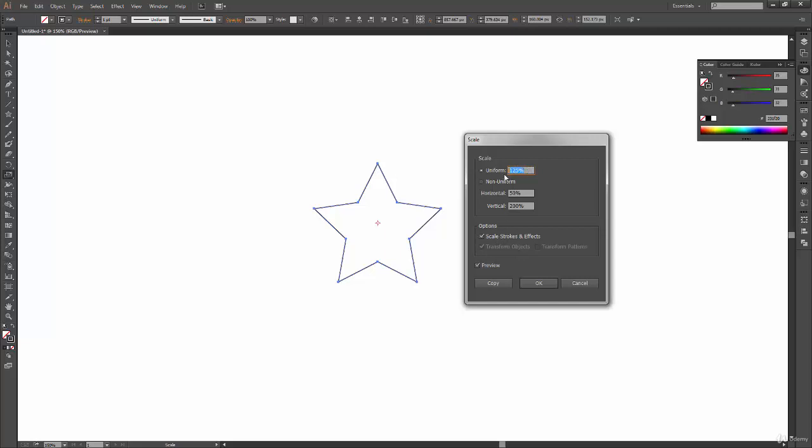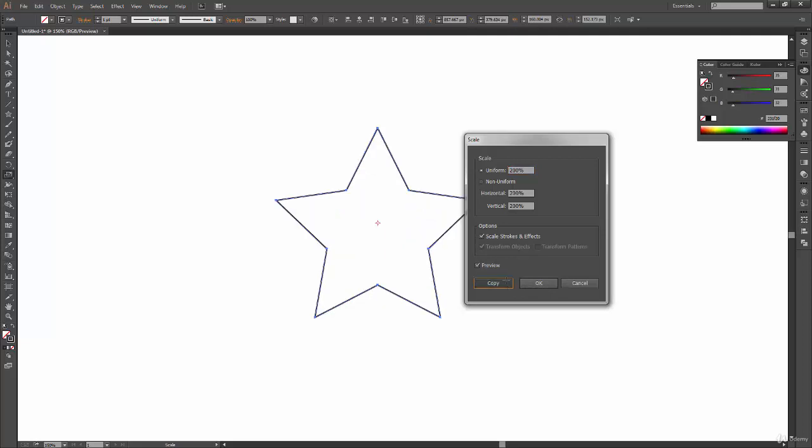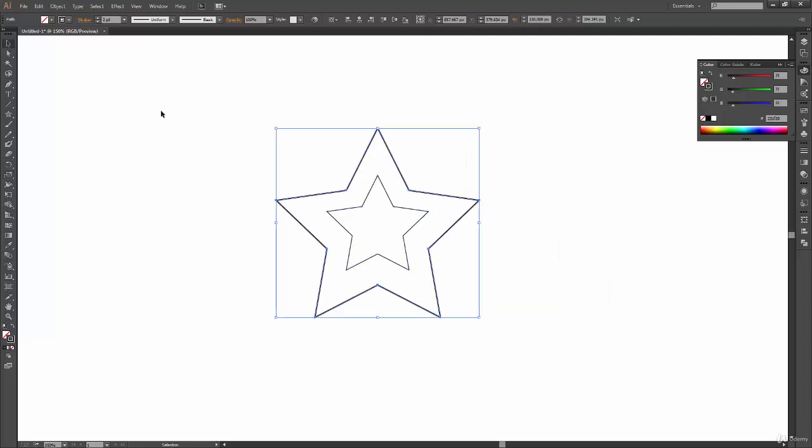So let's say we make it 200%. Now 200% of 1 point is 2 points. Let's see if it really changes something or not, and click on Copy. So yeah, you can see the outline of my star is much thicker compared to the first one, and if we see the value, it is exactly 2 points.